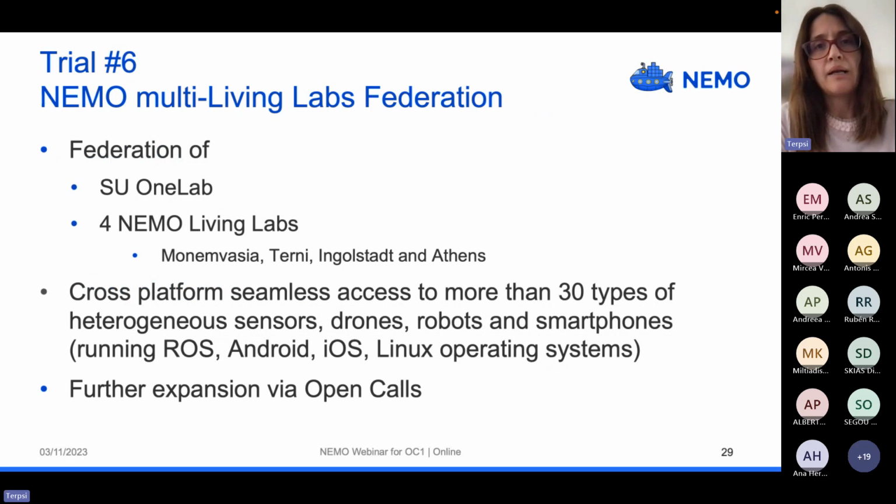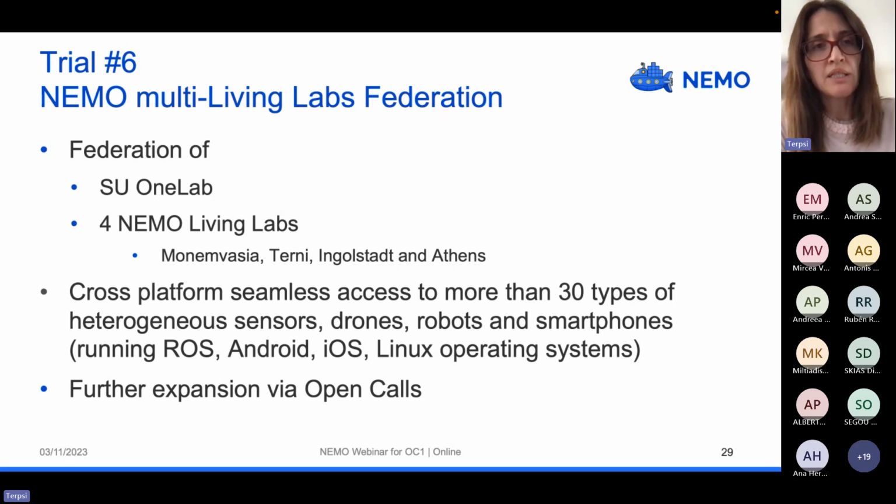And last but not least, we have a trial referring to the Federation of Living Labs, which includes the 4 living labs and the one lab from Sorbonne University. Here, the aim is cross-platform seamless access to a wide set of diverse devices, and experimentation in this geographical diversity for NEMO enhancements and innovations.